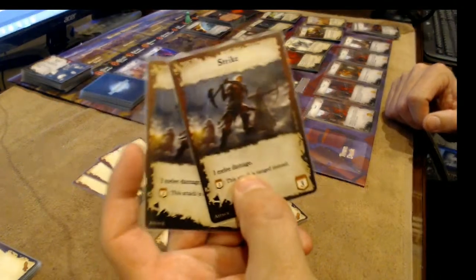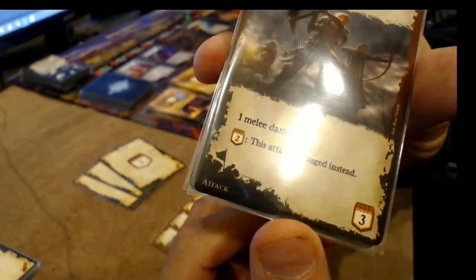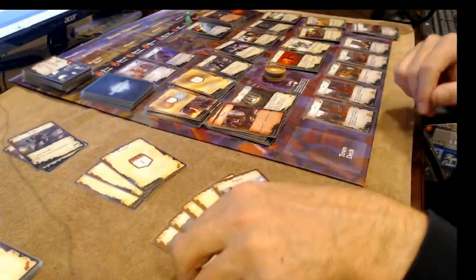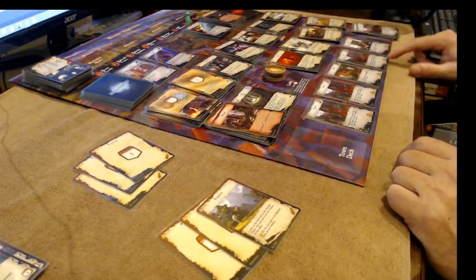All right, so we didn't talk about these yet, but in your deck you start with 2 strike cards. They just do 1 melee damage. There are melee damage, so if you use them, you're going to take a wound, and then you can spend a 2 prowess and make this a ranged attack, so you wouldn't take a wound. So right now there is nobody to fight, so these are basically worthless. We have same thing in player 1's hand, so we're just going to discard those, discard those. So we don't have...